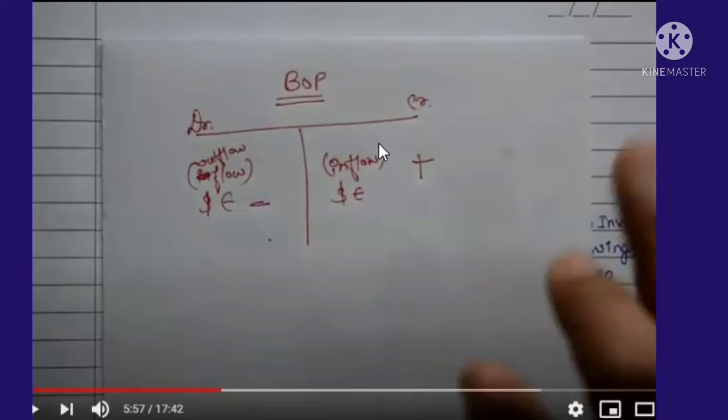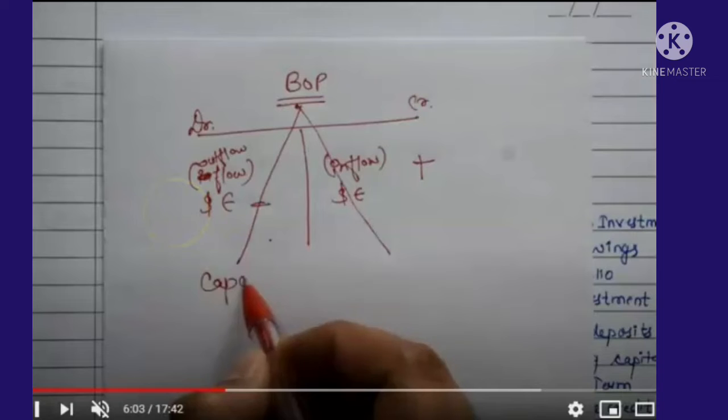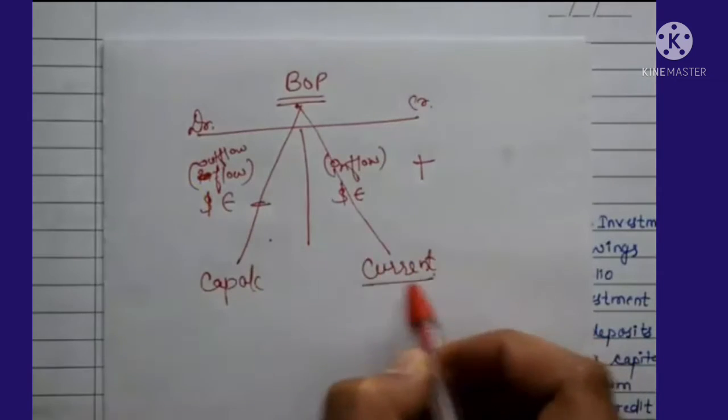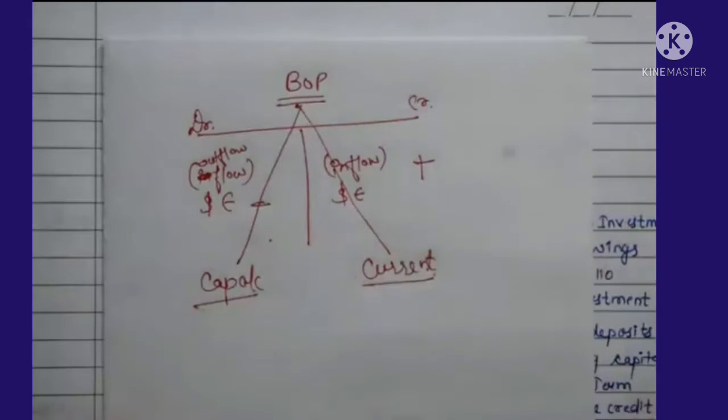Credit side also means the transactions in money. If other nations' currency is inflowing to our country, it is also known as this credit side. So it is having inflow of the other nations' currencies. So here in the debit side we can say that outflow of our currency. So that's known as debit side. And again we can divide it as capital account and current account for further knowing things.